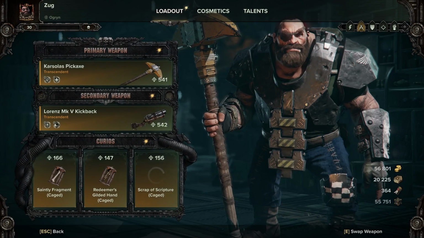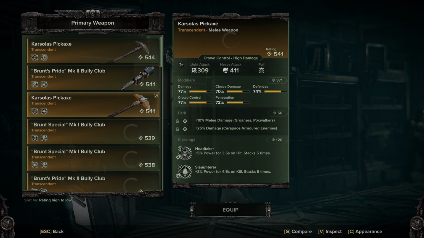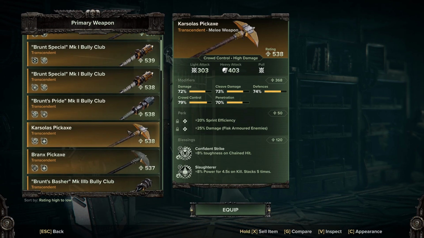But as you're getting to higher difficulties, you're doing Uruk, you're doing Maelstrom, I would even suggest something like this. Obviously, please ignore the sprint efficiency. It got stuck on there, can't do anything about it. But blessings-wise, Confident Strikes, Slaughterer with Flak and preferably Maniac on something like the Carsolus is nice, consistent damage with